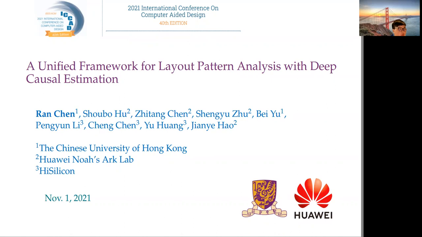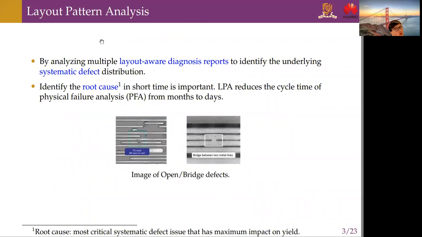Here, I'm going to give an introduction to our work, a unified framework for layout pattern analysis with deep causal effect estimation. By analyzing multiple layout diagnosis reports, we hope we can identify the underlying systematic defect distribution as soon as possible to improve the yield. Compared to physical failure analysis, layout pattern analysis reduces the cycle time from months to days,